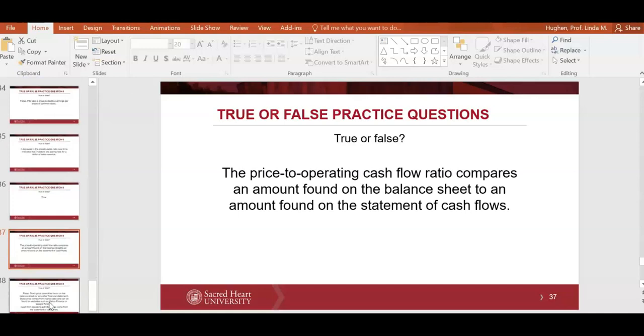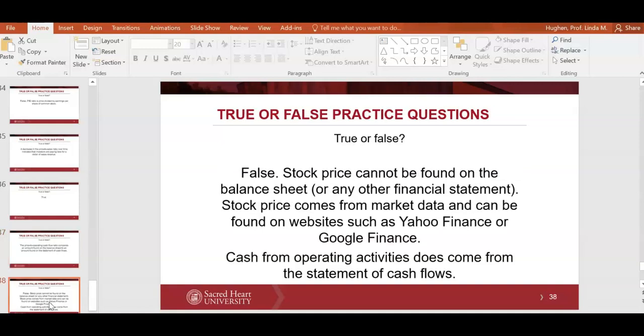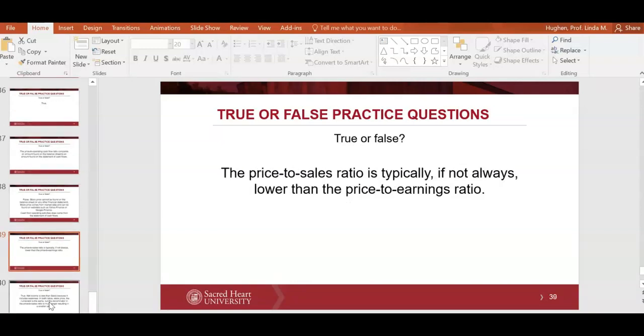True or false, the price to operating cash flow ratio compares an amount found on the balance sheet to an amount found on the statement of cash flows. False, stock price can't be found on the balance sheet or on the financial statements. We have to go with some market data source like Yahoo Finance or Google Finance. But cash from operating activities does come from the statement of cash flows. And finally, the price to sales ratio is typically, if not always, lower than the price to earnings ratio. And that, of course, is